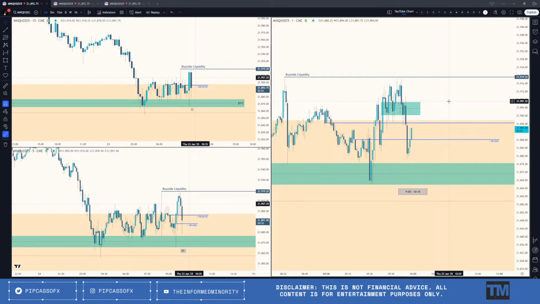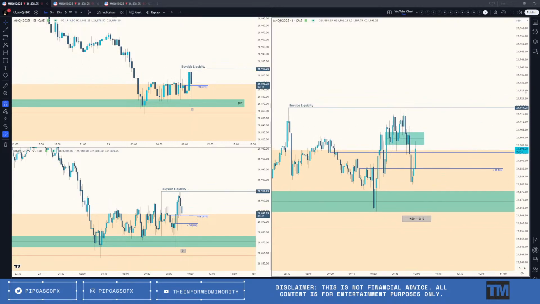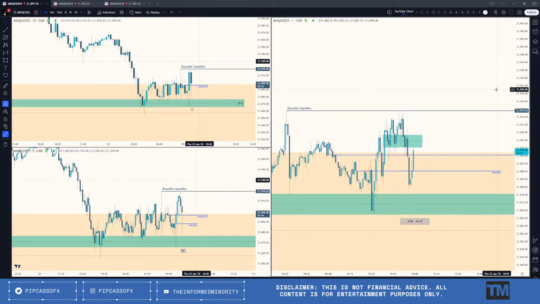Retest the 6 a.m. opening price before the new PO3 opens up. Yeah, could have been. I mean, it is what it is. I got stopped out in that trade. It is what it is. Nothing to be upset about there. It is what it is.